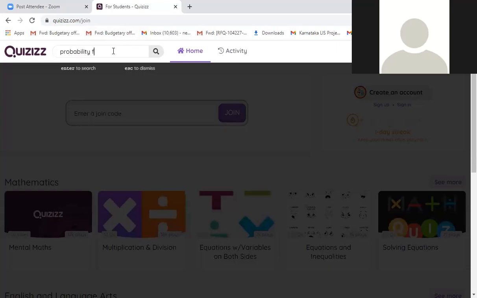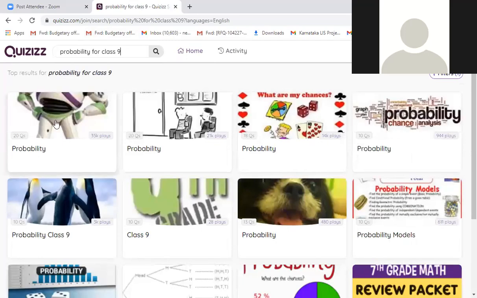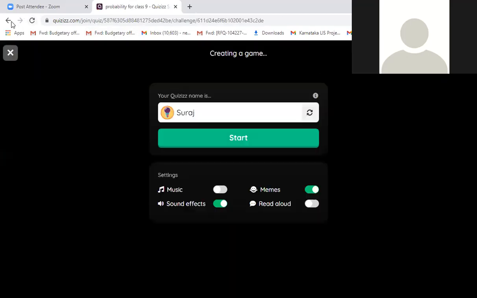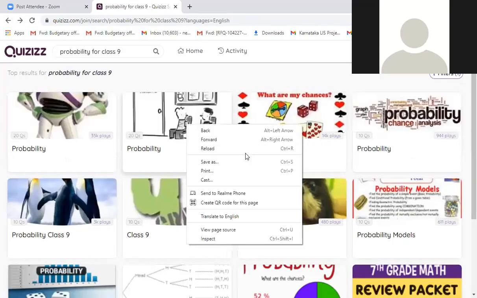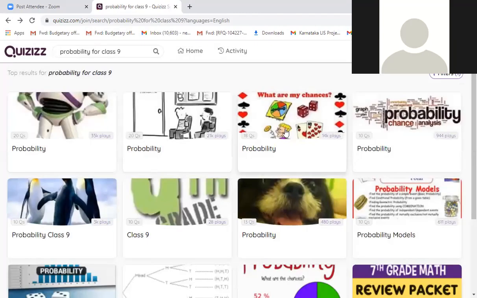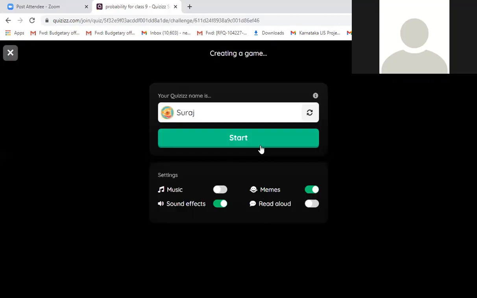For class 9. Sir, will this chapter be there after this too? Chapter, I'm not getting you. After 10th, yeah, after 10th also we have the chapter, but that concept will be a bit different. 9 to 12th I won't ask, that concept is different. Class 7th to 9th I'll ask. This is better. Start.